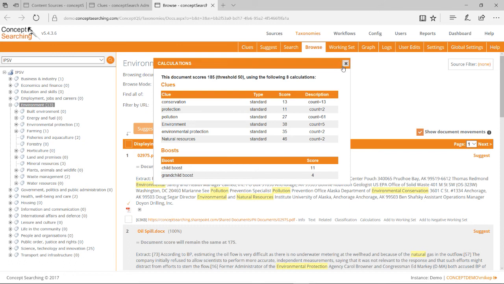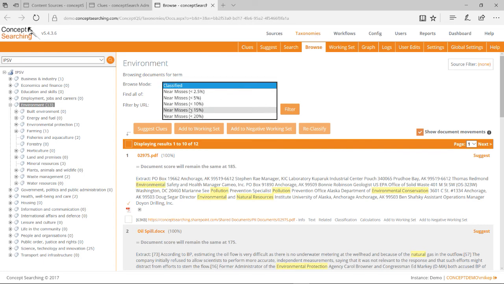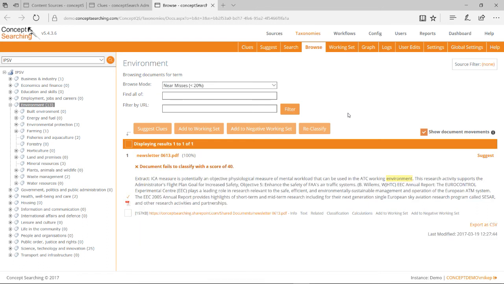The last technique I'm going to look at in Taxonomy Manager is very quickly the near misses functionality. This is something the Concept Classifier engine does under the hood as it's processing the documents. It identifies to the administration interface not only the documents that have been tagged, but the documents that are close to being tagged but haven't quite been tagged. And this really very easily allows an end user to find the edge cases within their classification sets so that they can ensure, particularly in data protection cases, that there's no content that's being missed. We can very easily analyse that our classification rules aren't excluding content that they shouldn't be.